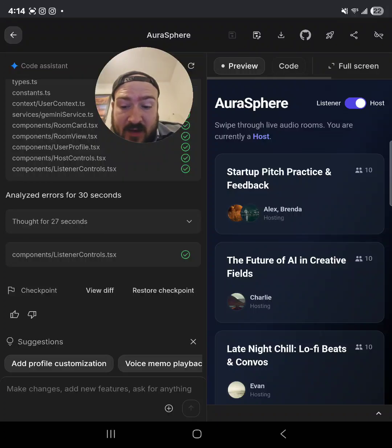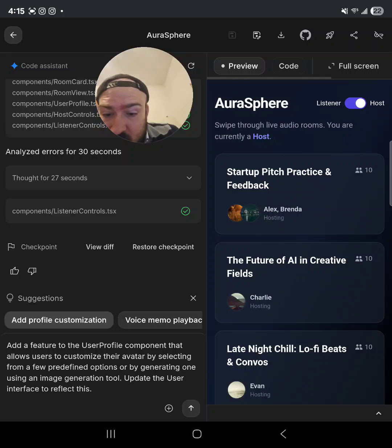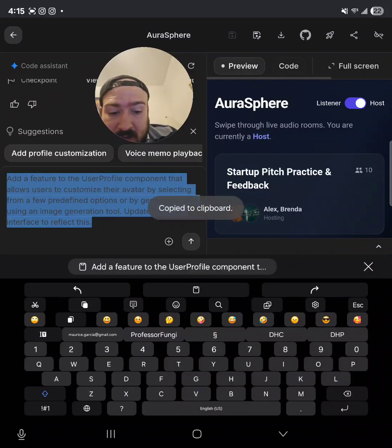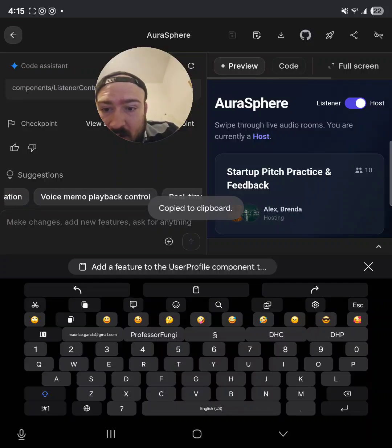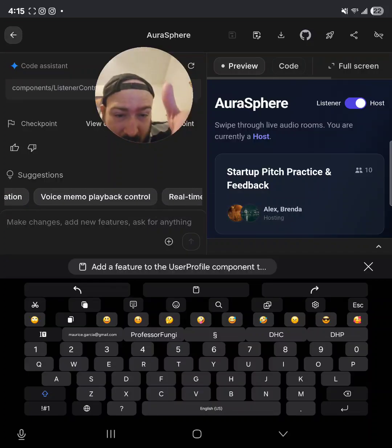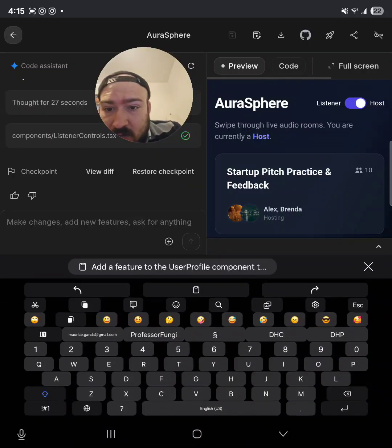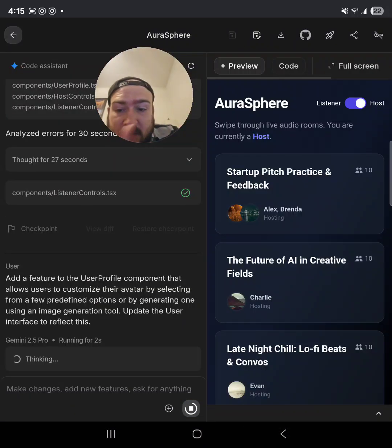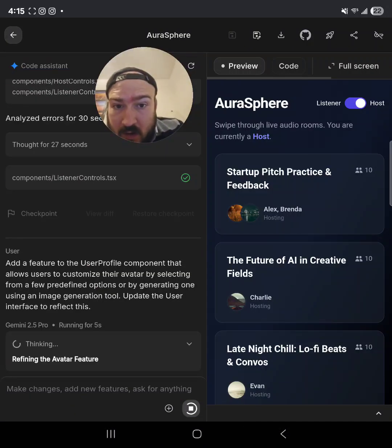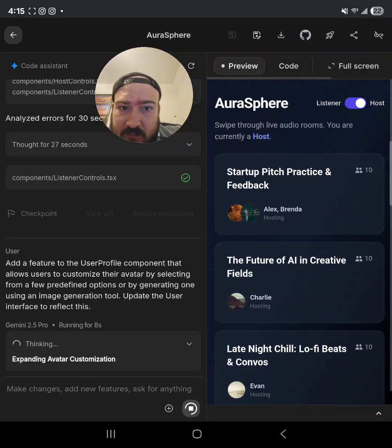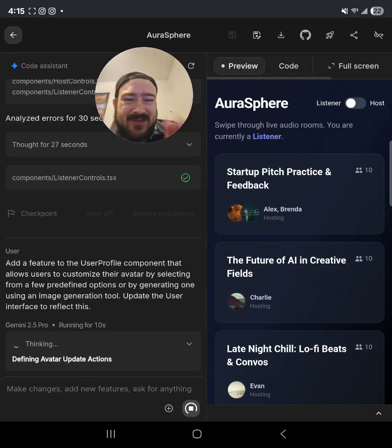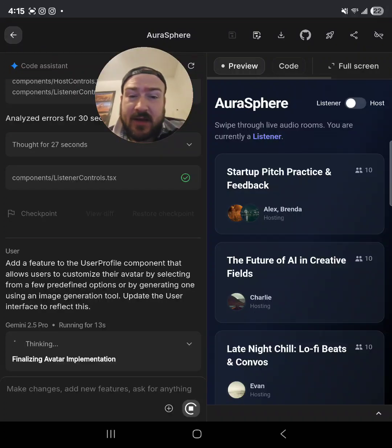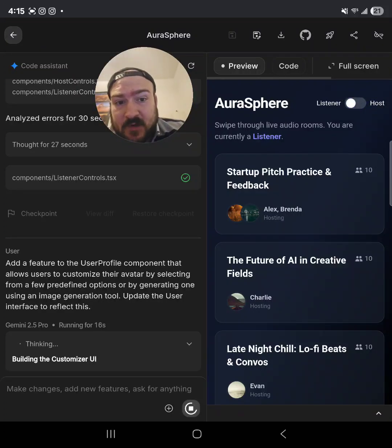And then if I want to change something back here, right? Oh yeah, we do want to add profile customization, right? Add the user profile component. So we're gonna do that. But I like to get more than one thing done with my AI. So voice memo playback control. Again, I have to fix these other features, but in the meantime, we can have it doing that. Oops, okay, well, I lost it. So we'll just have it do that. Because we do know that we're going to need that feature eventually, right? So we can have the AI working on it in the background while we look at the other stuff and learn how to use this app, and then see, no, this isn't how I want the app to be, the UI, the UX. So this is amazing, right?